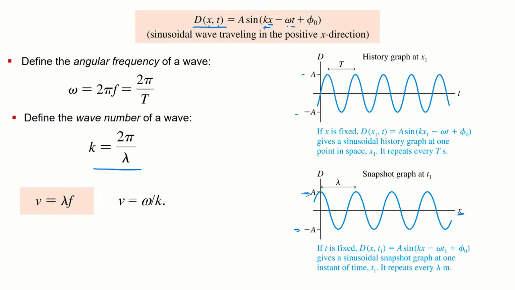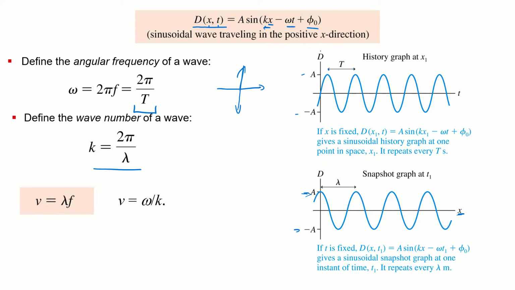Similarly, we defined the angular frequency omega the same way we defined it for simple harmonic motion or uniform circular motion, where it's just 2 pi times the frequency, or 2 pi divided by the period T. Again, this captures the periodicity of this wave with respect to time. If we look at a single point on this string, it's going to go up and down as that wave travels through it, and it takes one period to do that. It repeats itself in time every period, capital T. So that's what that angular frequency is.